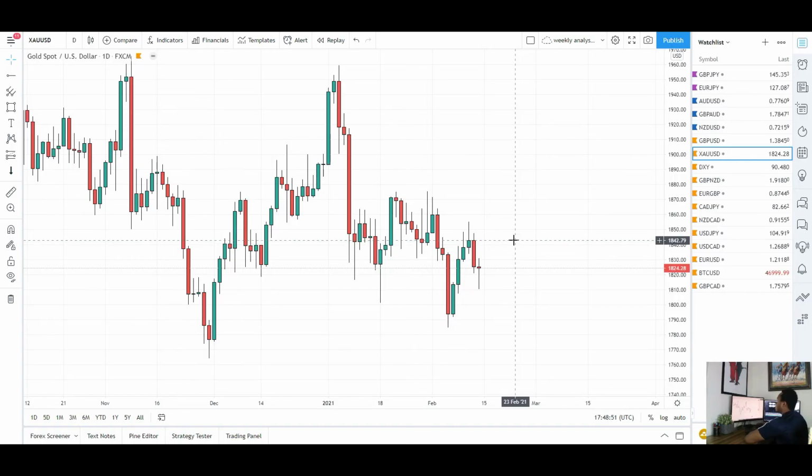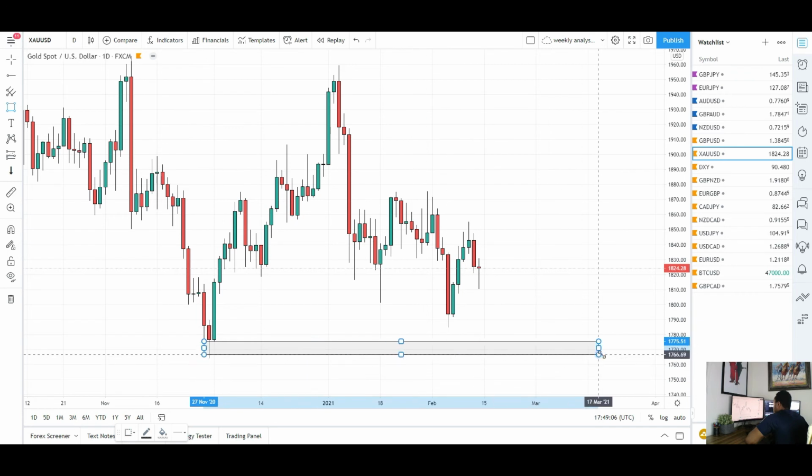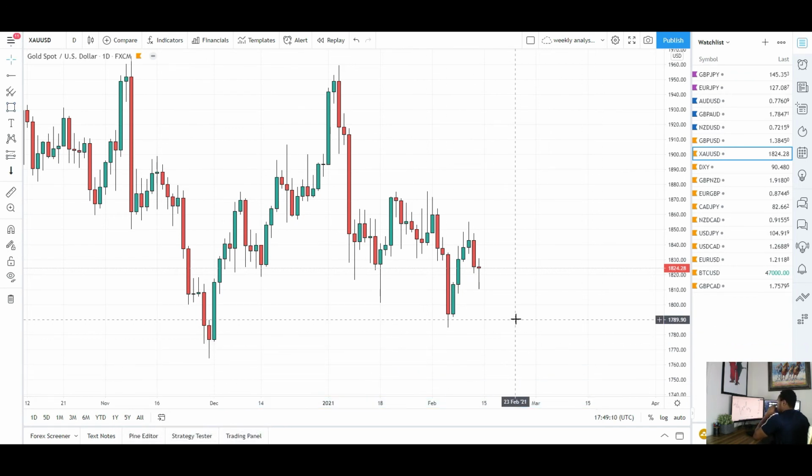Okay, so for gold this week, we saw a big push to the upside. As you can see, we finished last week off with this big push to the downside and a bit of retracement. I was probably expecting price to continue to the downside, tap into the support, maybe even give us a new low. But I think my bias is actually going to be changing, and we could be seeing a push to the upside here for gold for the next coming weeks,